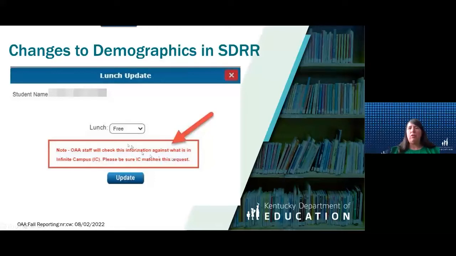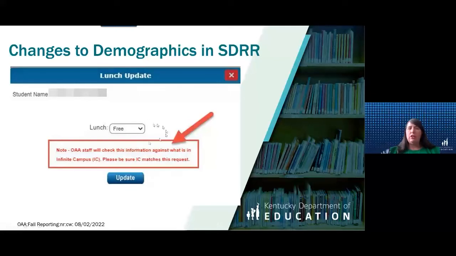So you want to make sure that you see any changes you make to any of the demographic information on your student listings: first name, last name, SSID number, birth date, gender, ethnicity, lunch status, IEP status, EL status, all of that.